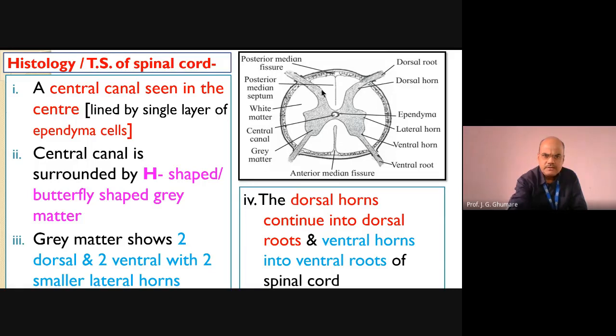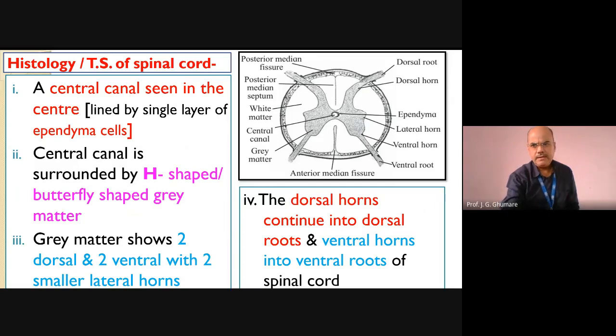Now this will be surrounded by this H shape, butterfly shape, gray matter. I told you cell bodies accumulate in gray matter. Gray matter will be from inside. Now gray matter will have two dorsal and two ventral horns. See, these two dorsal and two ventral horns are prominent, while we'll have two lateral horns, which are small and maybe vestigial, or underdeveloped, remember. So gray matter will have two dorsal and two ventral horns. Two lateral horns are